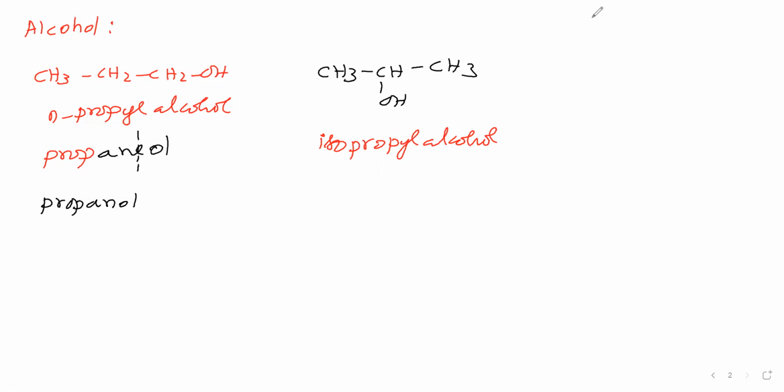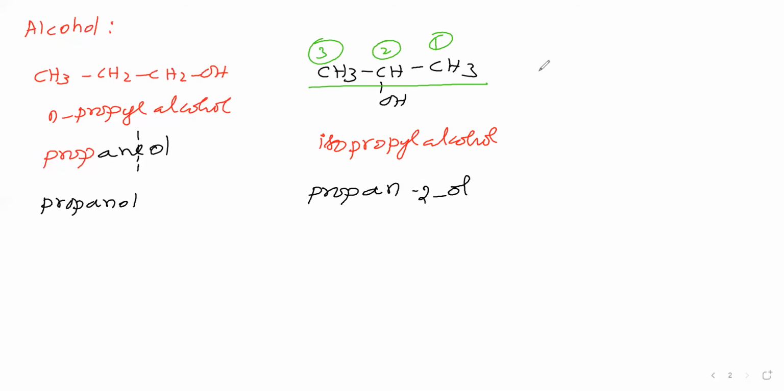Here, for the IUPAC name, we will select the parent chain. The parent chain is like this. For the parent chain, we will give the numbering. Now the parent chain contains 3 carbon atoms, therefore the root word is prop. The primary suffix is en, the secondary suffix is ol because it is alcohol. This alcohol is present at the second carbon, therefore we say 2. Then the first letter of the secondary suffix is a vowel sound, so the last letter E of the primary suffix we will drop. So the name is propan-2-ol. Here E is not there.